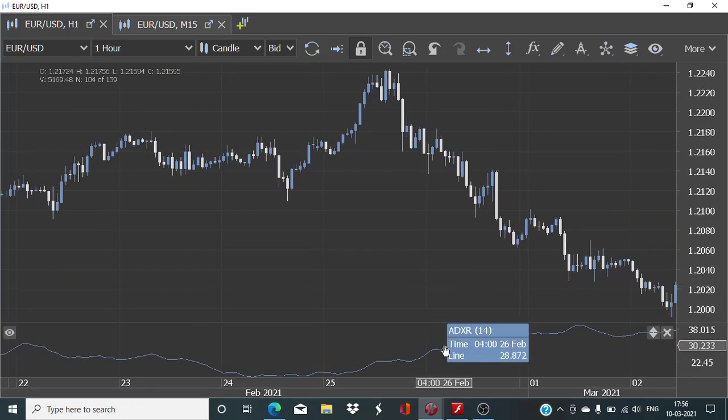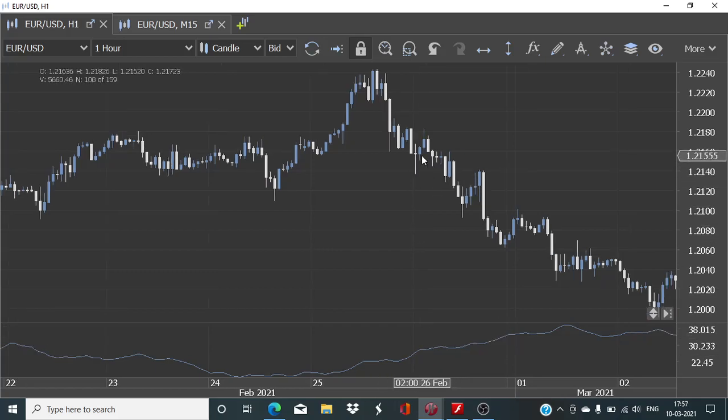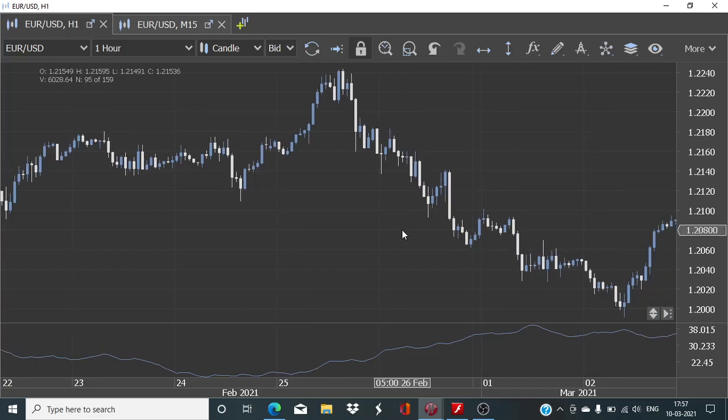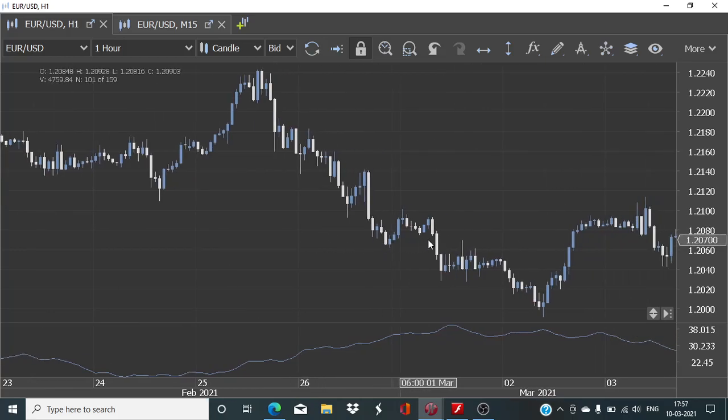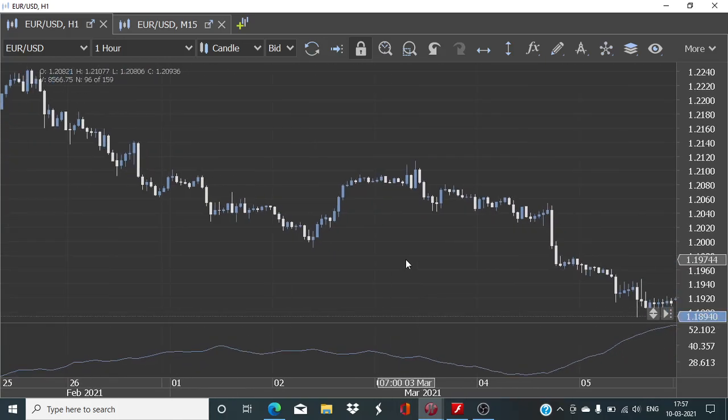The only thing is that we will want the hourly candle's closing value to be above its opening value, and the penultimate candle should have closed with losses. That means its closing value was below the opening value, and also the last hourly candle close should be above the prior candle's high. So that will mean that there has been some correction, and now the momentum is picking up strongly, and that's why we are going to rely on this logic.